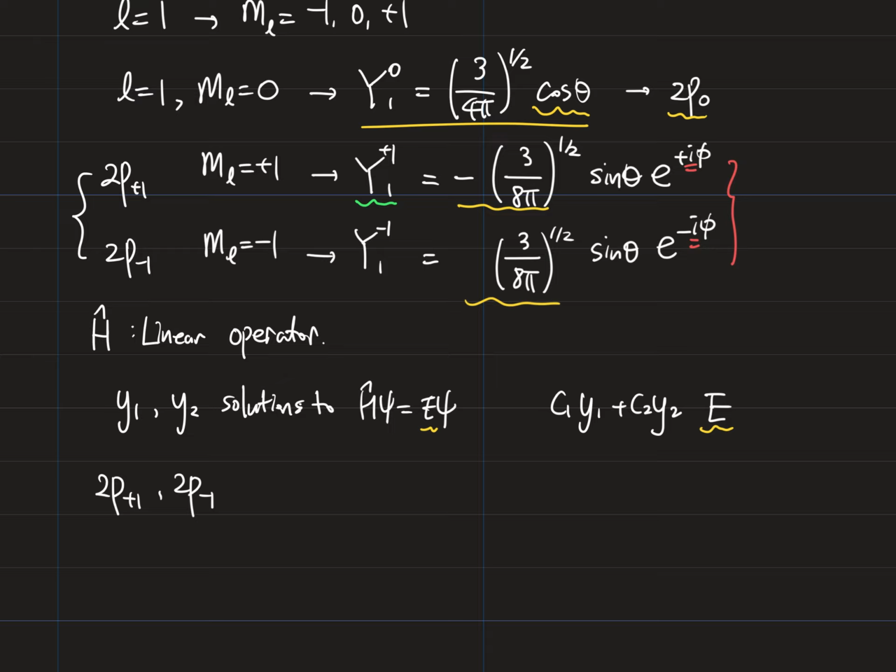So you can take the plus combination and minus combination to eliminate this imaginary part, right? This is simply cosine phi plus i sine phi, right? Taking the linear combination will eliminate these, and the final result looks like